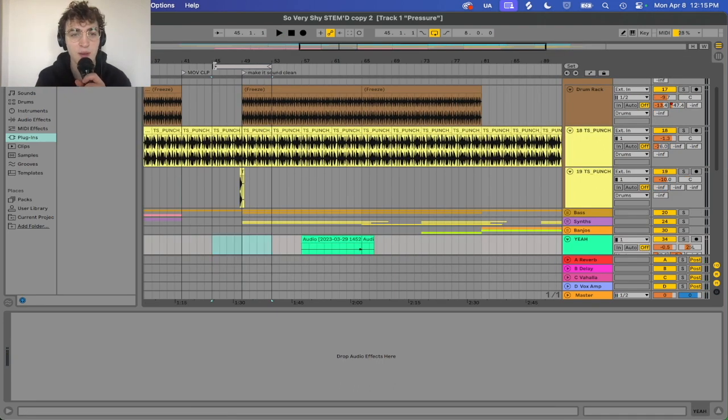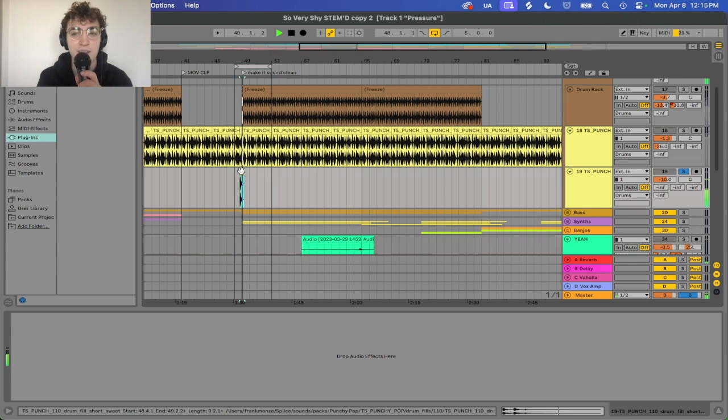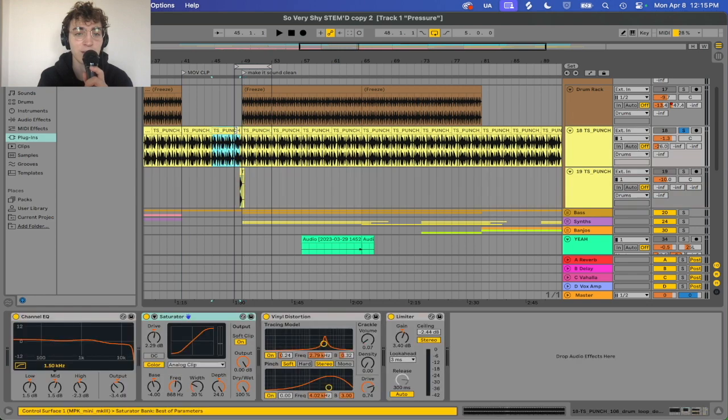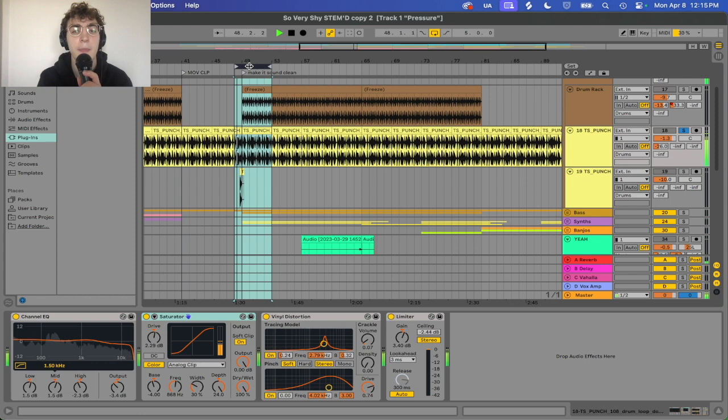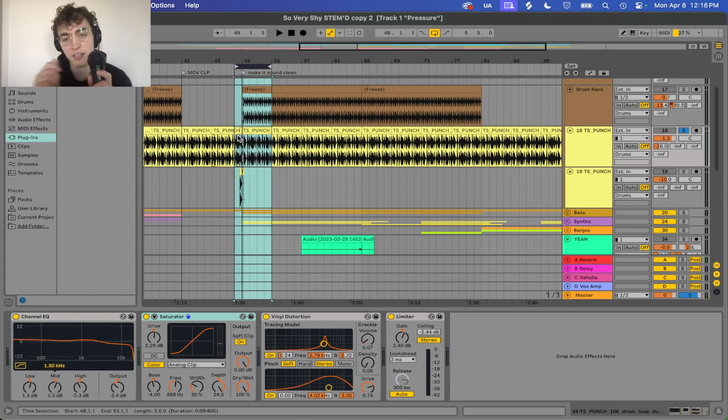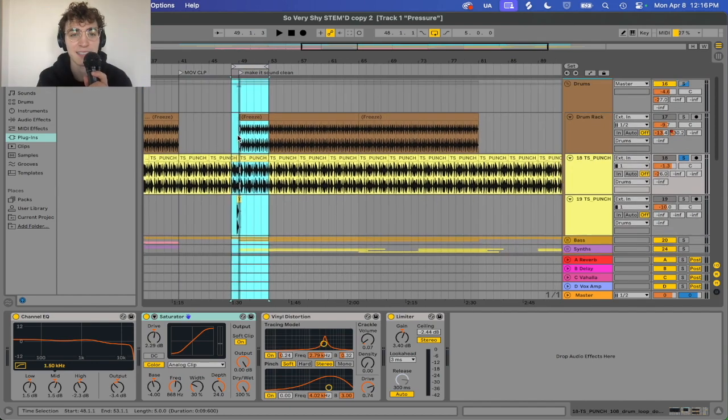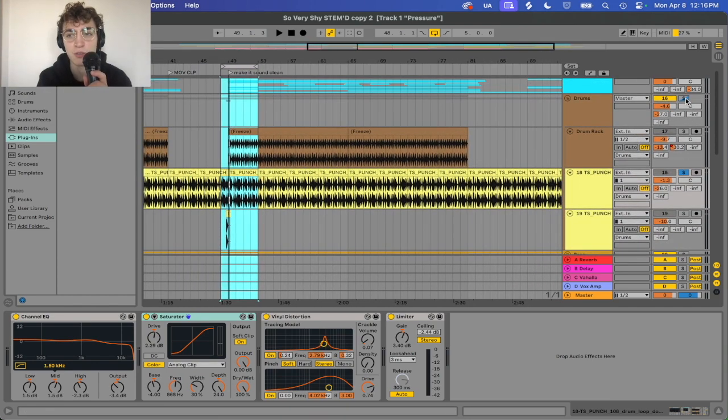So we have this little drum thing that goes on to bring us into the chorus. Oh, it's not what I thought it was. I thought that was the actual one. But that's a tom loop, again from Splice, that I put in there. This is what I was actually talking about. It's probably this section. Whatever, it'll play. Which is just, I took the loop and stretched it out, and it distorted it and made it sound cool. And so that leads us into